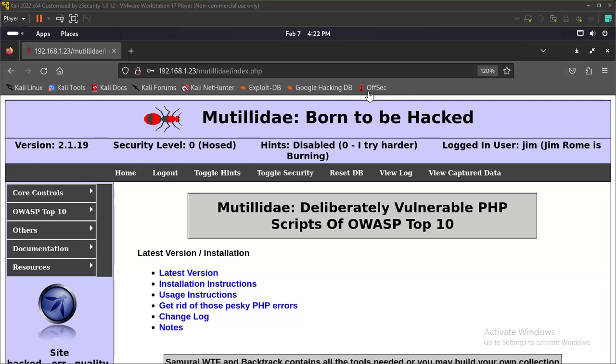Either do exploit as you want. Yeah, so this is how the database looks like. And like I said,